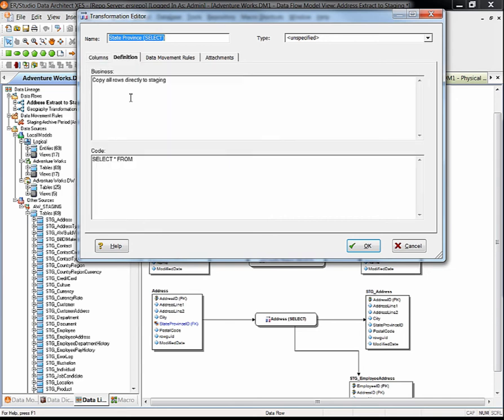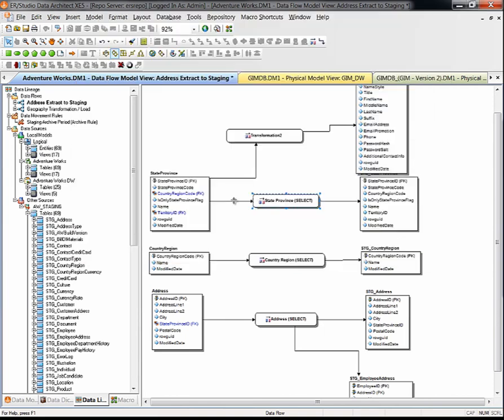And then you have your definitions, which gives you a business definition describing what's happening, so that everybody can read it and understand it. And then the code, which is the code itself to move the data from one to another. So this is just a very simple